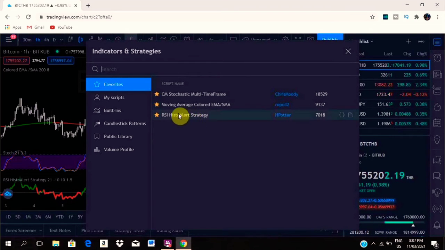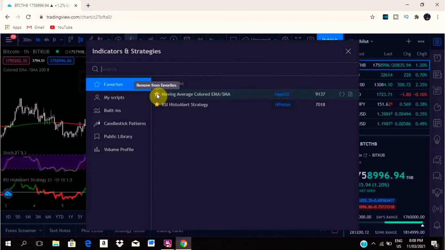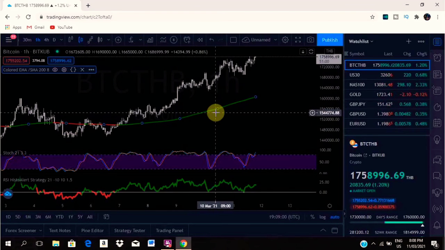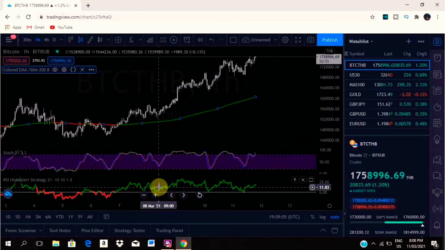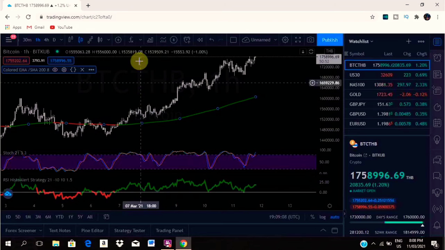You can see, let me show you the two. Okay, this one, let me favorite it. This one is not part of the indicators. As you can see here, this is a moving average, colored EMA/SMA, and Report 32 is the publisher. I'm talking about the indicator on the main chart, this indicator. And then the indicator below, the one below the main chart, is